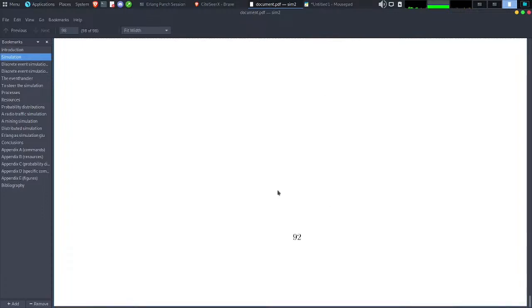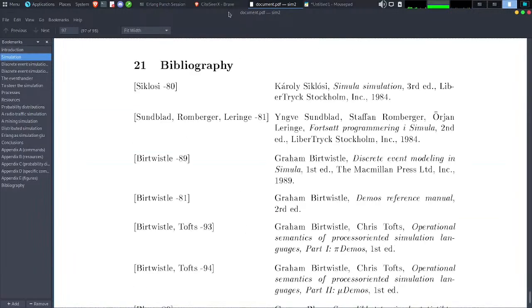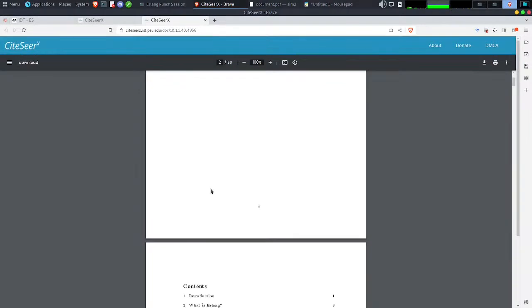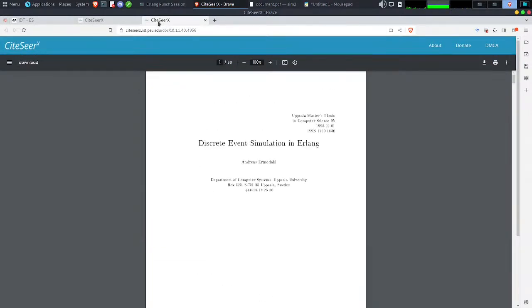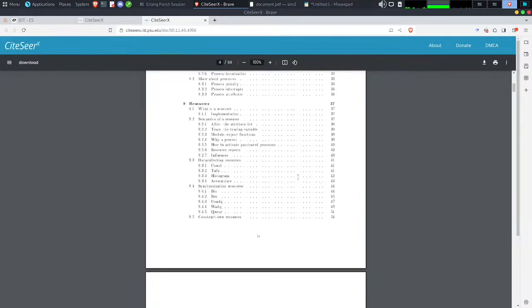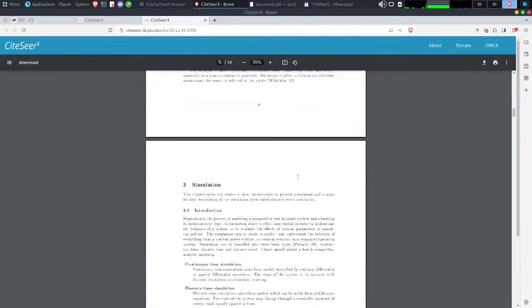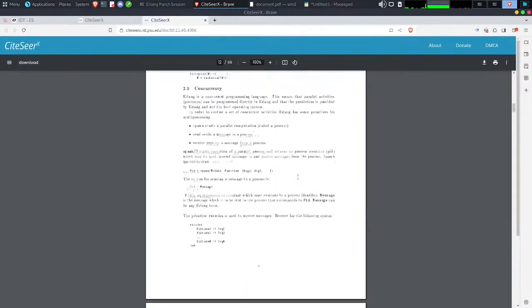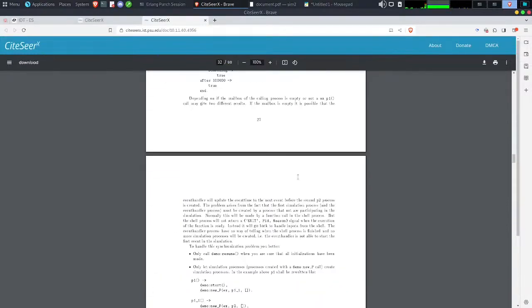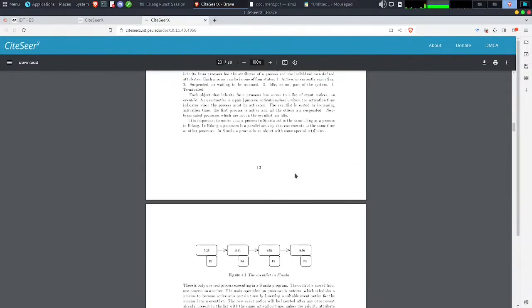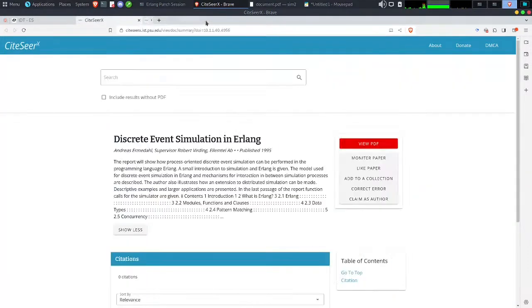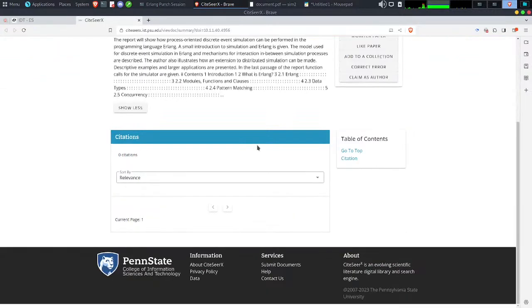So anyway, again, this is freely available. You can find it easily on CiteSeer, I don't know how to say that, maybe CiteSeerX, and you can just read it and take a look at how it works. You have all the examples, all the figures, and all the code there. And if you are interested in doing some simulation, don't hesitate to read it.